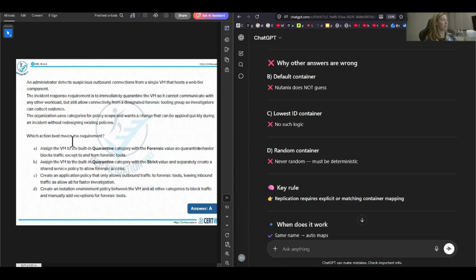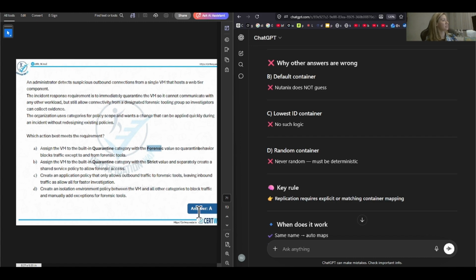Which action best meets the requirement? A. Assign the virtual machine to the built-in quarantine category with the forensic value, so quarantine behavior blocks traffic except to and from forensic tools. Forensic, quarantine and forensic, those are the key words